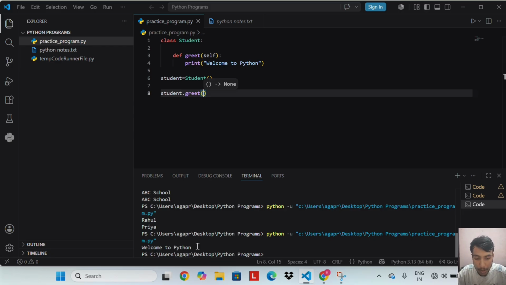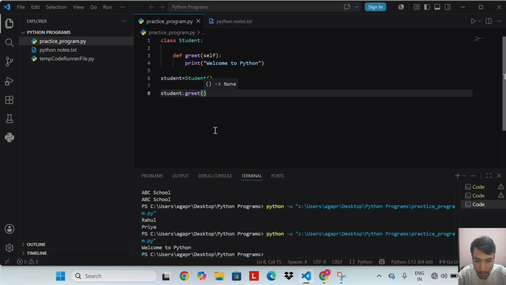A method is simply a function defined inside a class. It defines what an object can do, its behavior. Notice, just like __init__, the greet method also takes self as the first parameter. This allows the method to access the object's own attributes if needed.